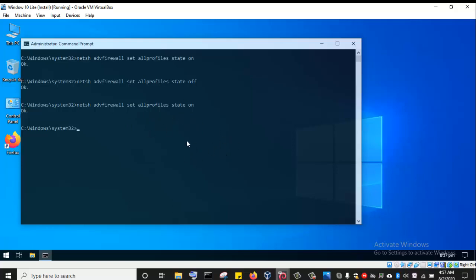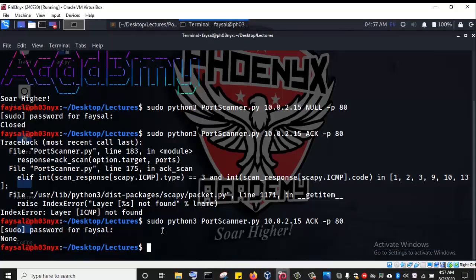So the firewall is enabled. So we can add this functionality to our code: if we get None as a response, it's an indication that a firewall is enabled on the machine that we are trying to perform the ACK scan on. So I'll go back to the code and then add that